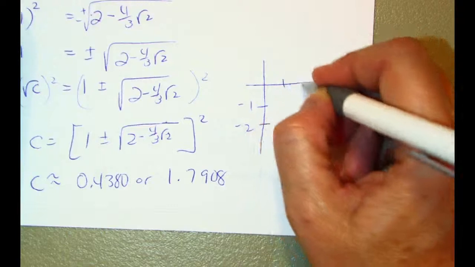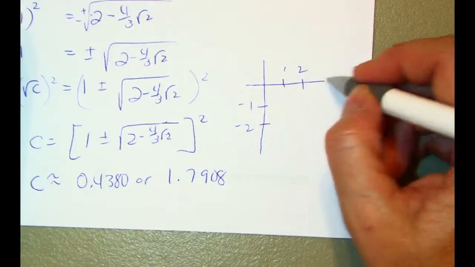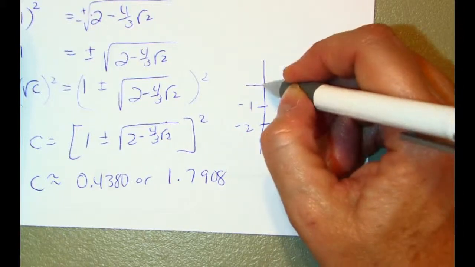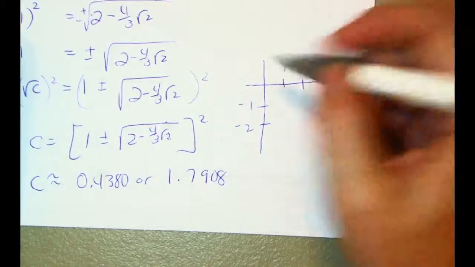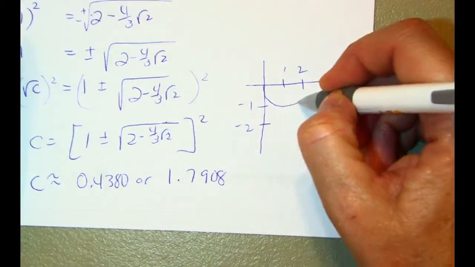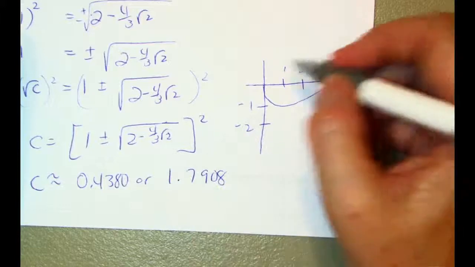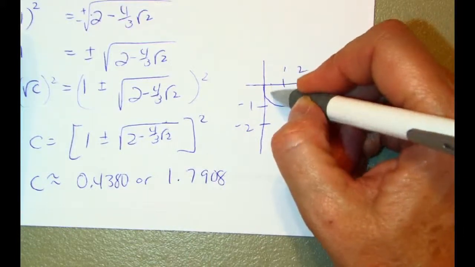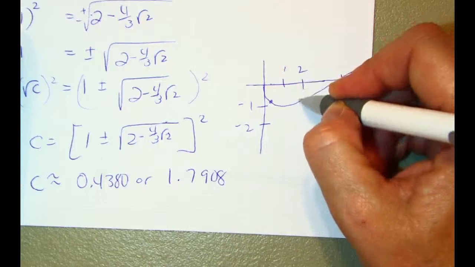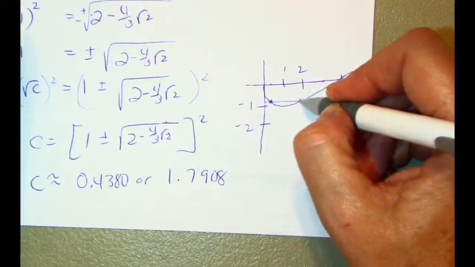negative 1 and 2, and the graph, let's see, actually goes through at 4. So it kind of, let's see, comes around and then goes straight through. And so our two values at about 0.43 at this value, or 1.79 maybe at this value, which could be the same, that if I went across,